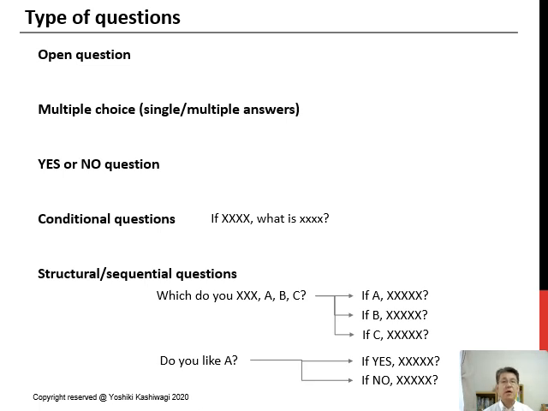Let's look at some types of questions. There are a bunch of types of the questions you can apply for your survey. The first one is called open question. For open question, you do not have to propose some sample answers. Rather, respondents can answer freely. For example, what do you want to eat for lunch? So answer might be hamburgers or noodle